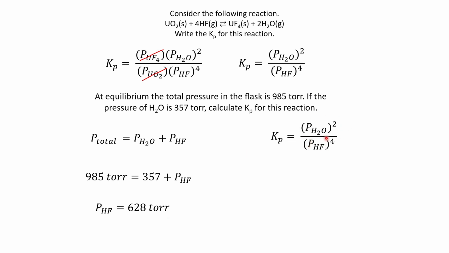Now I can plug in over here. Again, plugging in my water, plugging in my hydrofluoric acid, making sure I raise each of these to the proper power, I get a Kp of 8.19 times 10 to the negative 7th. So when you're working problems with Kp and pressures, always be ready to potentially use Dalton's law of partial pressures as an added layer of